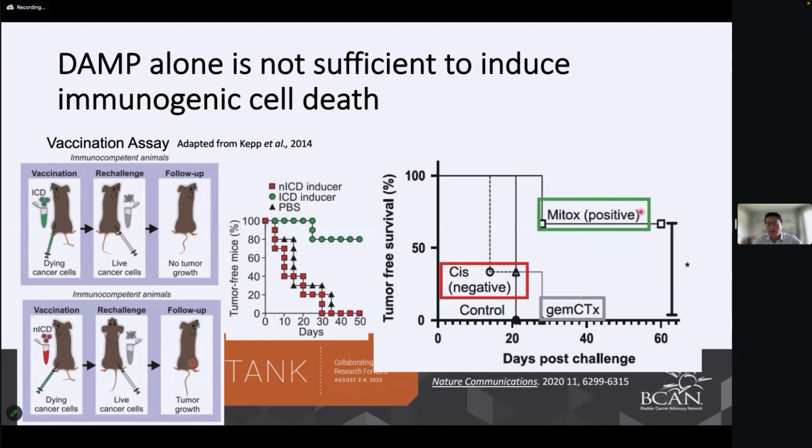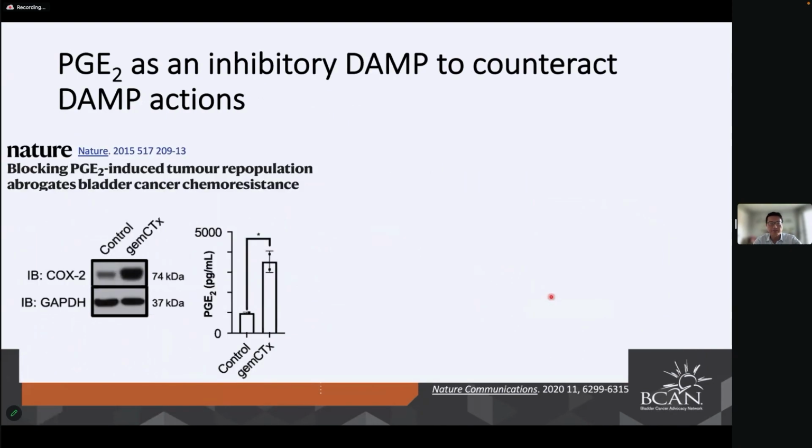So, as expected, a positive control chemotherapeutic drug, mitoxantrone, is shown to be an ICD-inducing agent. The negative control cisplatin is known to be a non-ICD inducer, and we found that gemcitabine, surprisingly, while able to induce the release of DAMPs into the supernatant or on the cell surface, remains a non-functional ICD-inducing agent. So then we turned to another pathway, the COX-2 PGE2 pathway that was previously shown by us to be